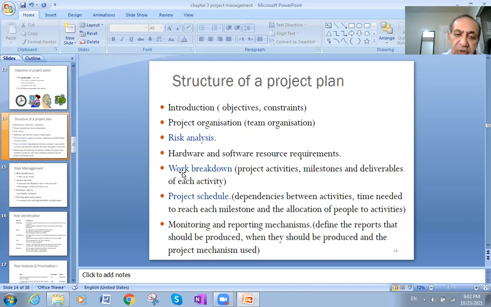Work breakdown. What do you mean by the work breakdown? Project activities, milestones, and deliverable of each activity. So the work breakdown includes the project activities, the milestones, and deliverable of each activity. And we'll have now a video about what is the meaning of the work breakdown. Project schedule,